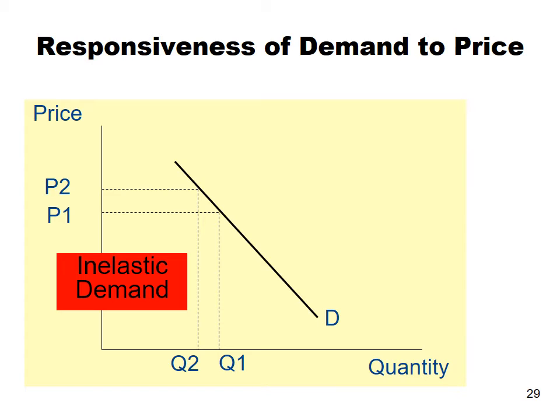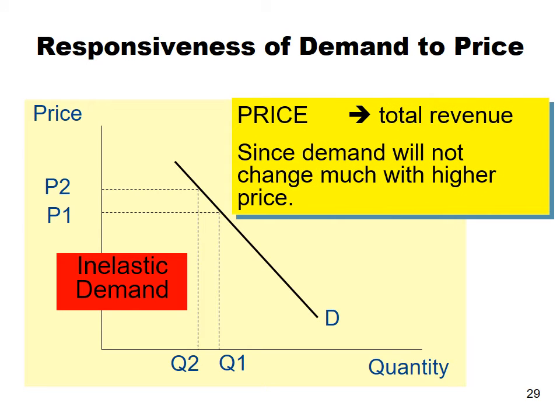So from here, the demand is inelastic. You see the line is very different from the previous one. The previous one is quite flat. This one is quite steep. So what you do is that you increase the price. Since the demand doesn't change much, when you increase the price from P1 to P2, the drop from Q1 to Q2 wasn't a lot. So in this case, the bank can increase the total revenue, since the demand will not change much